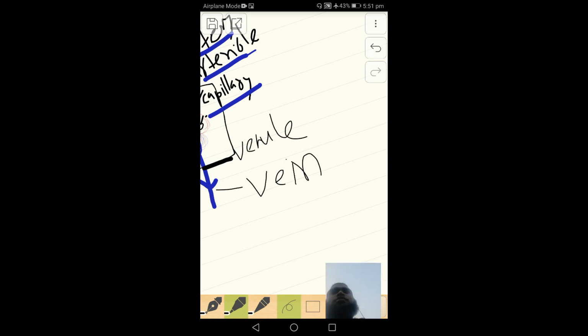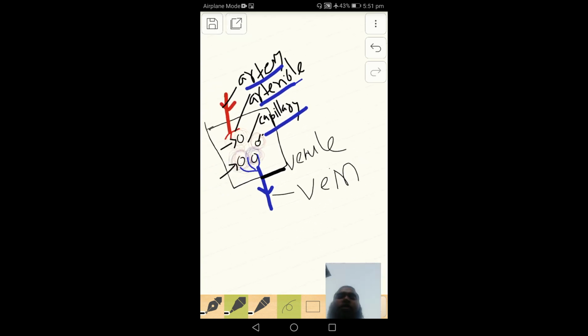Okay, so there's what we have: the artery, the arteriole, the capillary, the venule, and the vein. Okay, now let's get